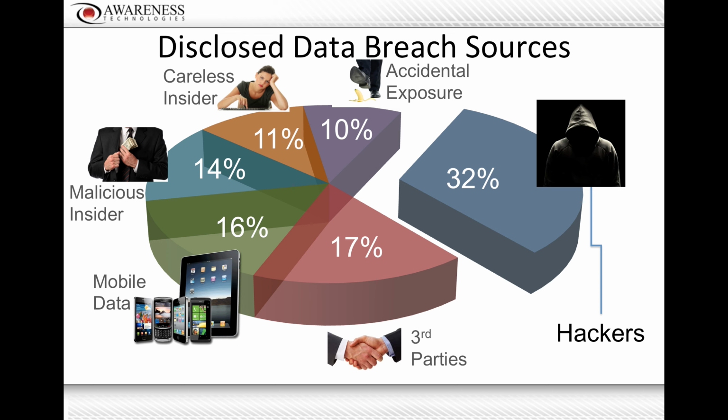So what that means is 32% is outside bad guy. Everything else is inside information that's within your organization, that no one is sitting there hacking, trying to take, but for one reason or another, whether it be somebody who purposely wants to hurt you, somebody who carelessly hurts you, accidentally hurts you, or a third party that's not protected hurts you. This is all information from within the organization that gets exposed.